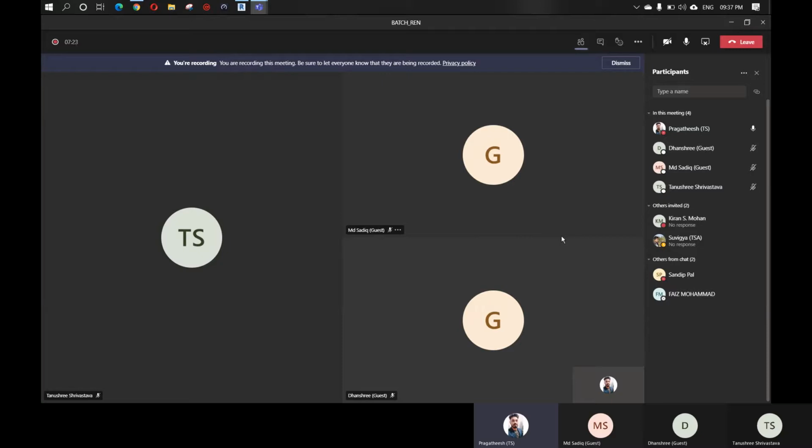Okay, let me explain. So let's begin with talking a little bit about Dynamo, what it is, how it is used, and why it makes sense for you to learn. So first, let me answer this: what is Dynamo? In short, Dynamo is a graphical programming tool for design and BIM. It is an extremely flexible environment and presents lots of brand new opportunities for architects, engineers, and construction professionals.